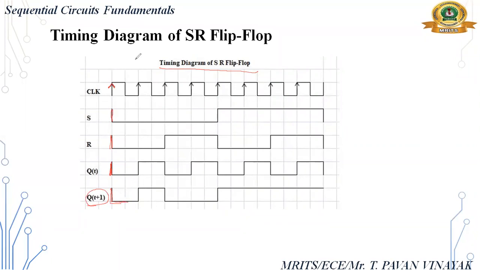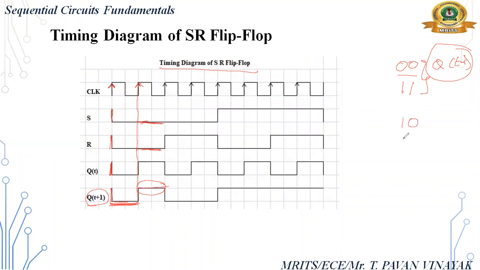Until how much do we have to take 0? Until the next clock pulse is obtained. So I am taking up to here 0. Okay. The next clock pulse is received. At this time, again S is 0, R is 0. What do you have to take? You have to take the previous state. Because for 0, 0 and 1, 1, you have to take the previous state, Q of t minus 1 graph. From the Q of t minus 1 graph, you have to draw for 0, 0 and 1, 1.